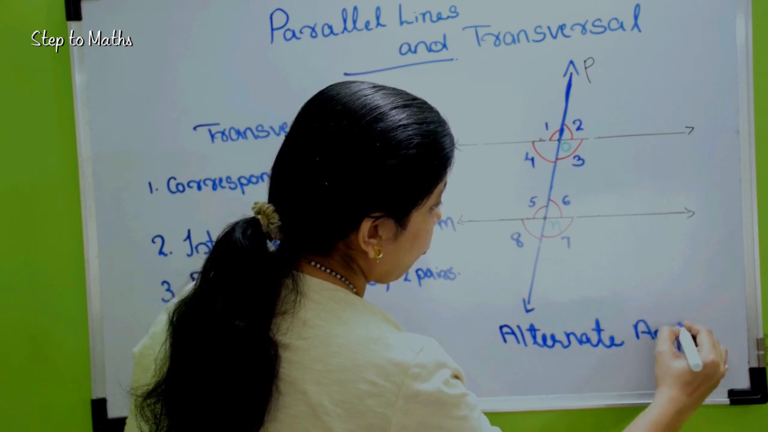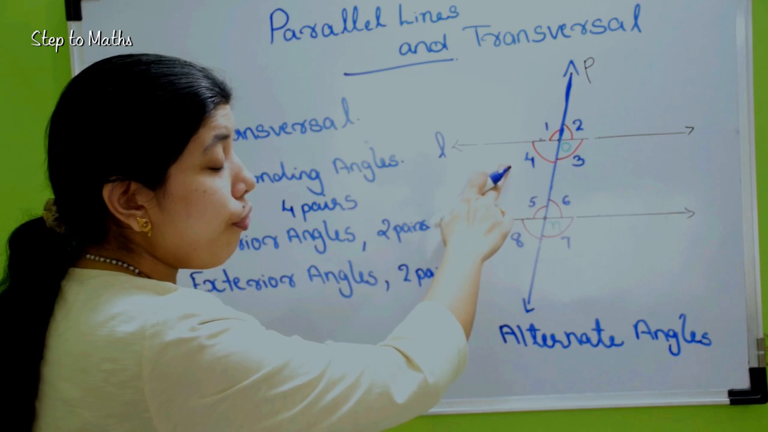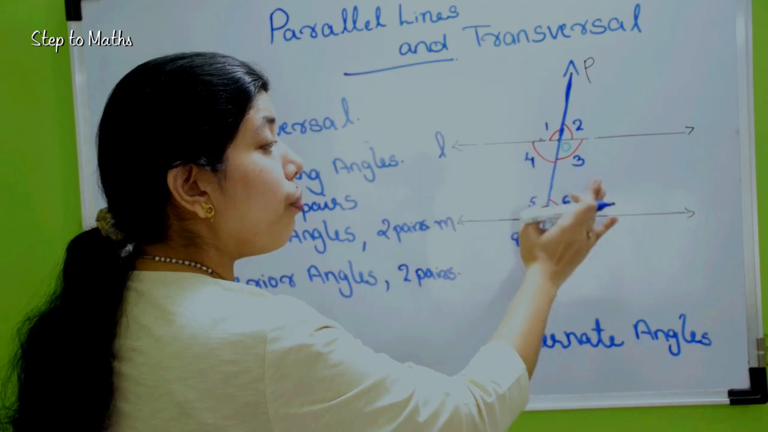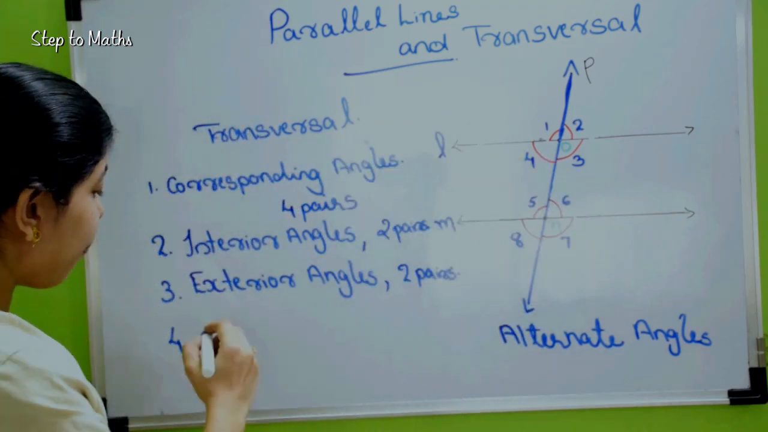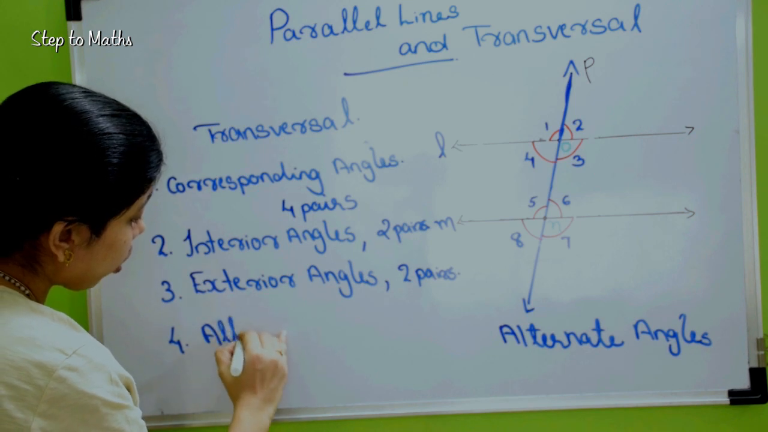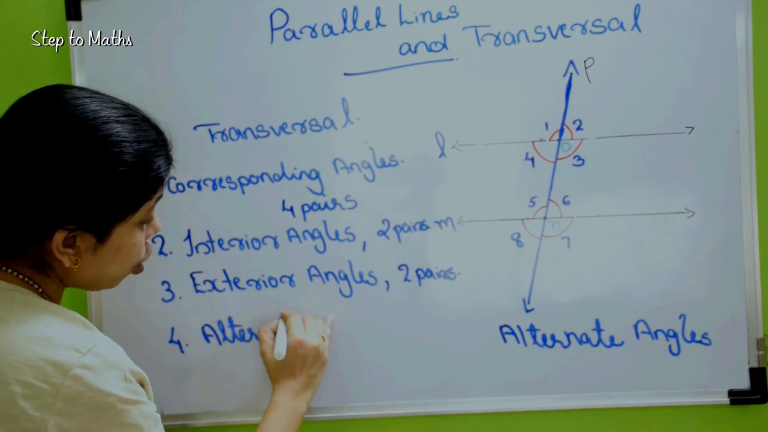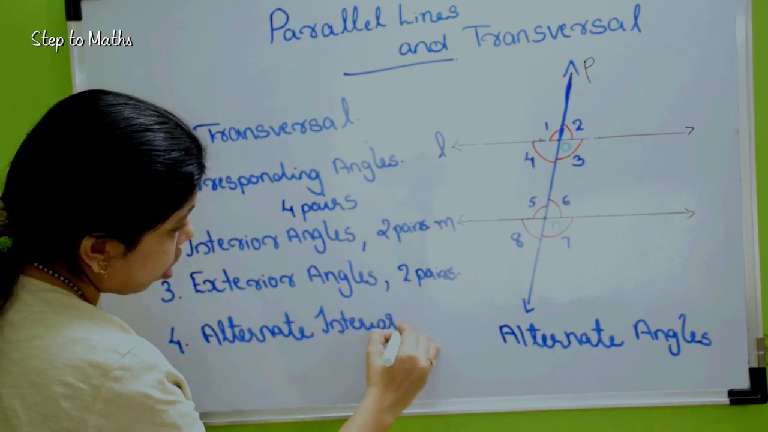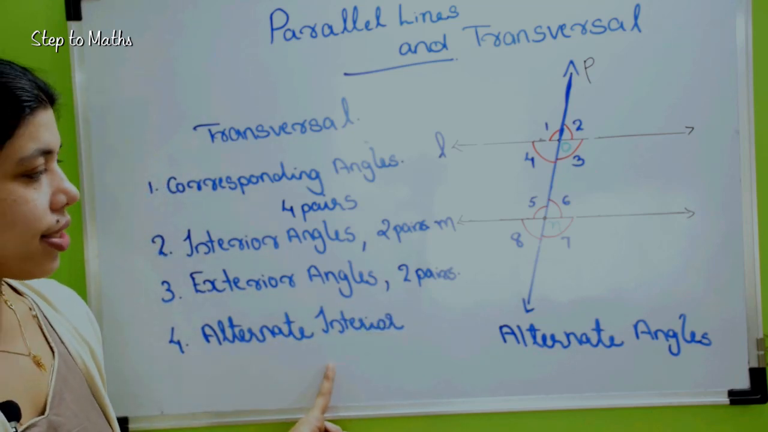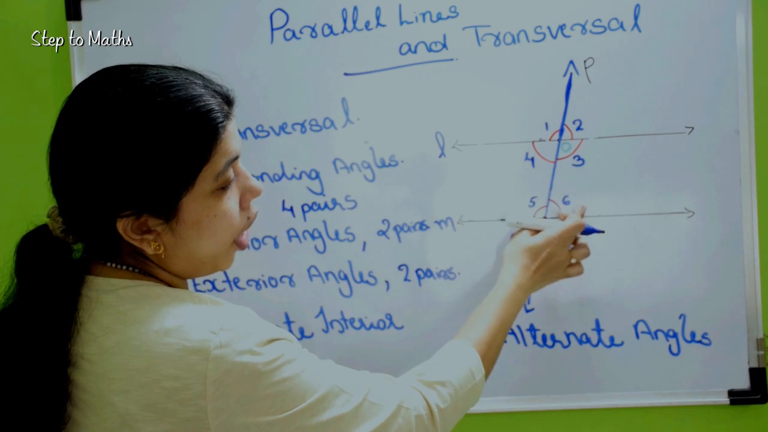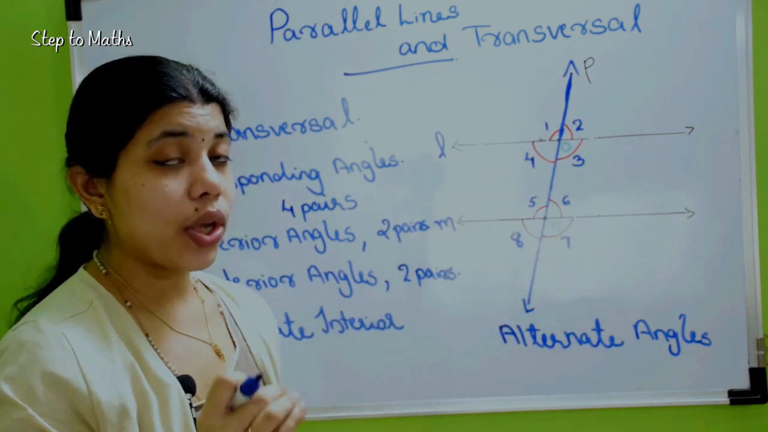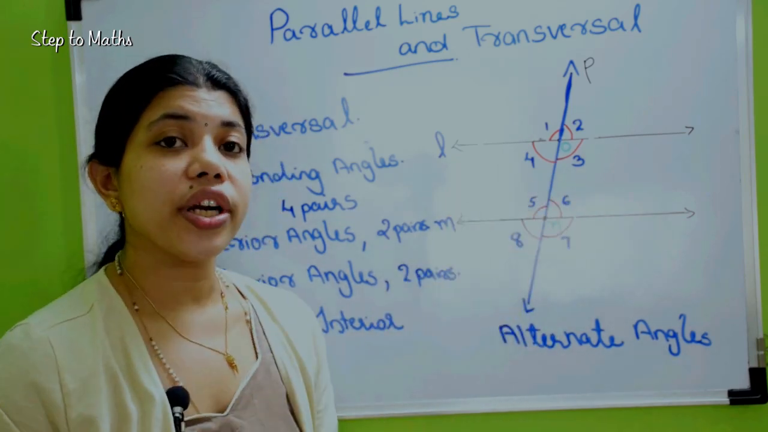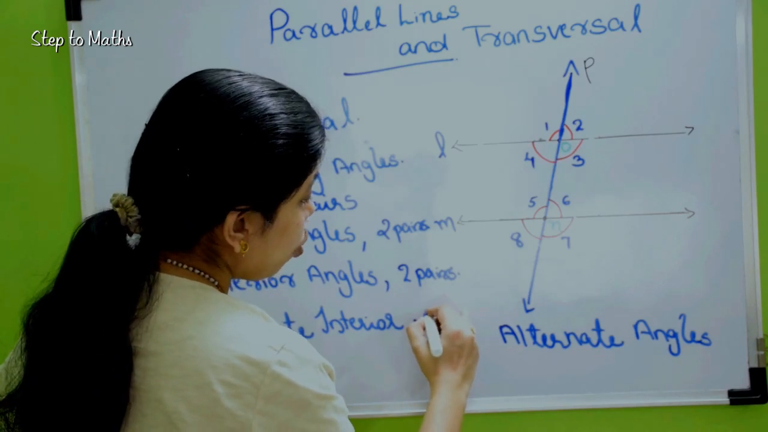Alternate angles. If angles are inside the line and they are on opposite sides of the transversal, they are known as alternate interior angles. Here, angle 4 and angle 6 are alternate interior angles, and angle 3 and angle 5 are also alternate interior angles. So, 2 pairs